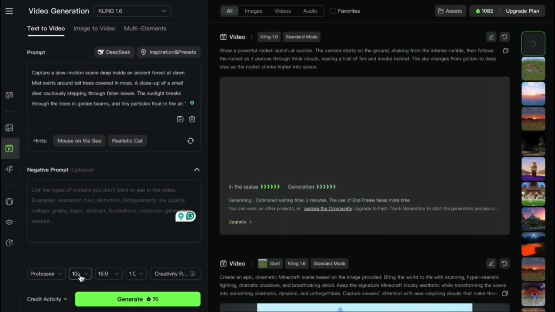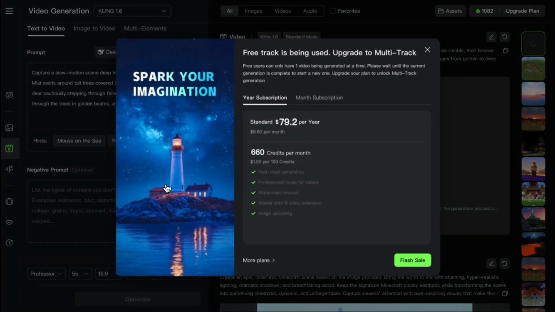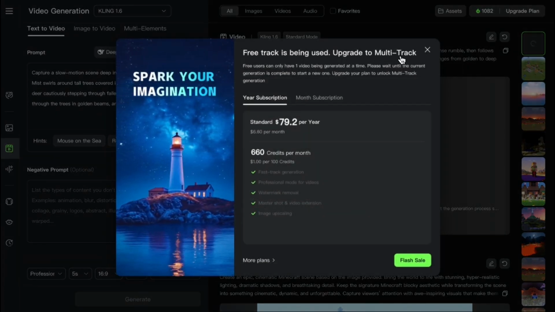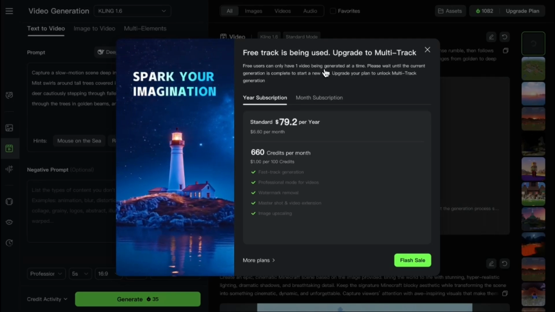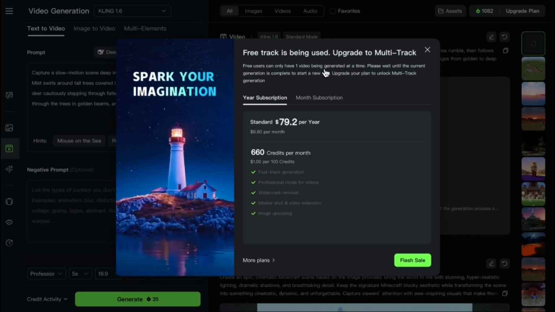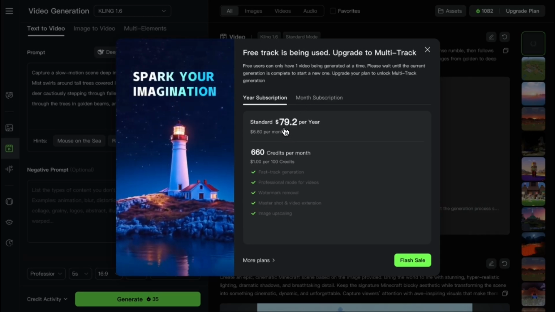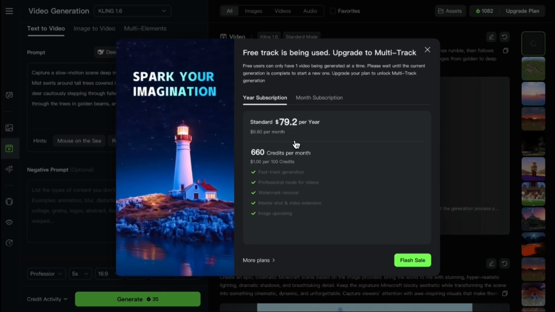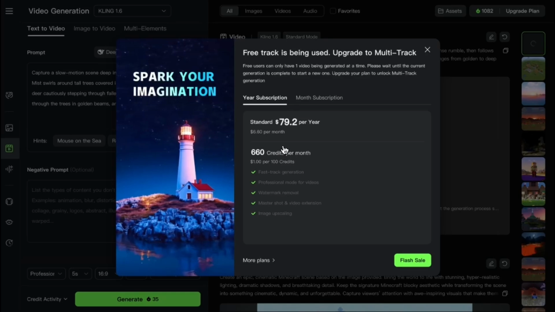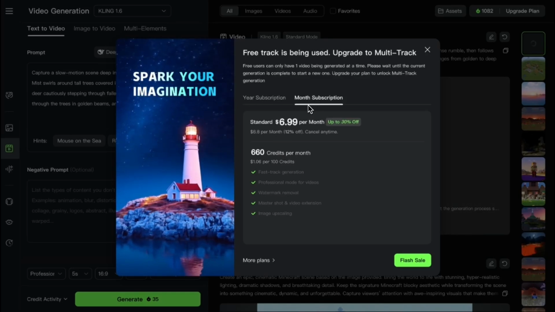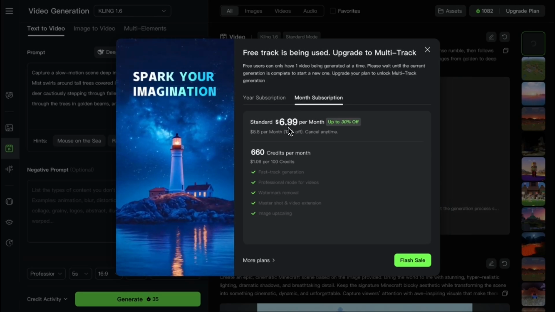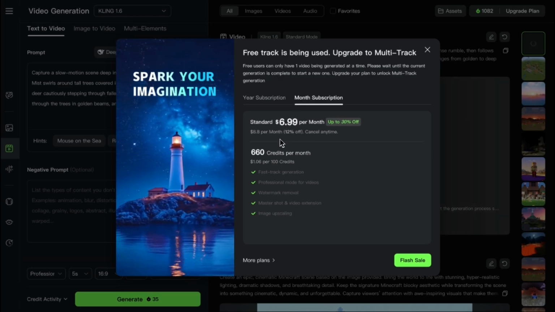So the free trial only supports 5 seconds, so we would have to go back to just 5 seconds and use that. Free users have one video being generated at a time, so you can't generate multiple videos at once. If you want multiple generations, you have to upgrade to a standard plan, and this is what their standard plan looks like,